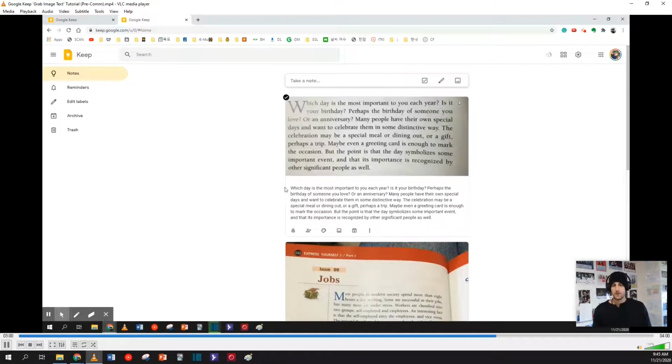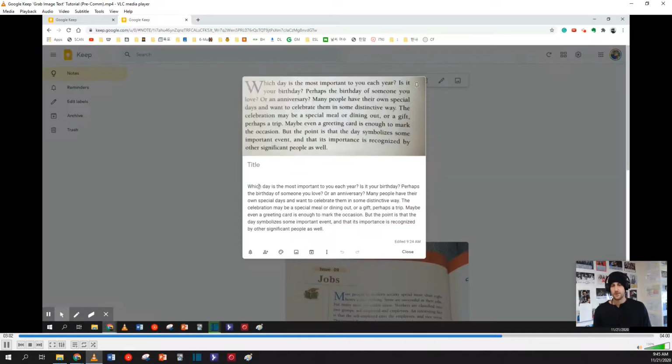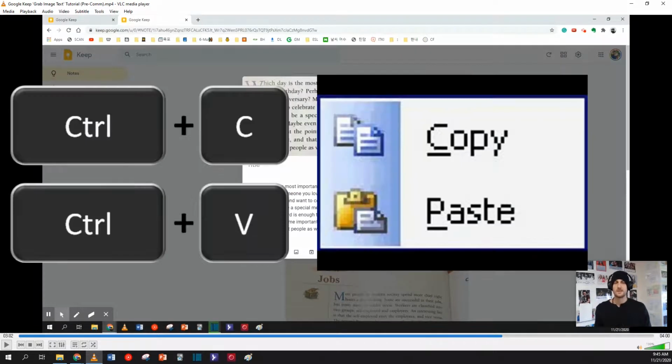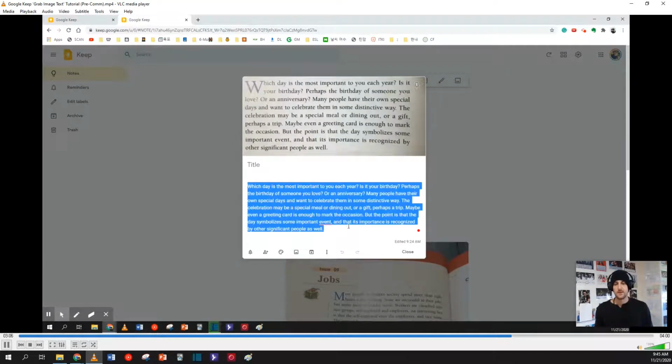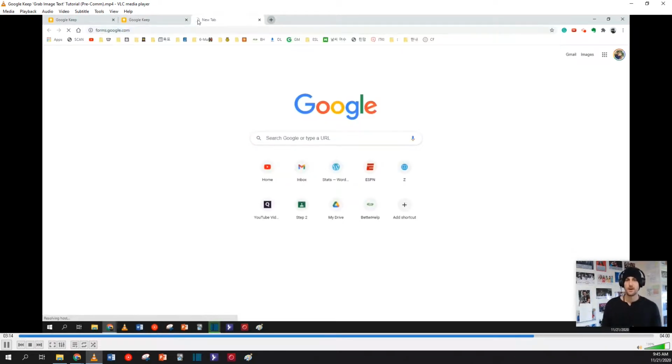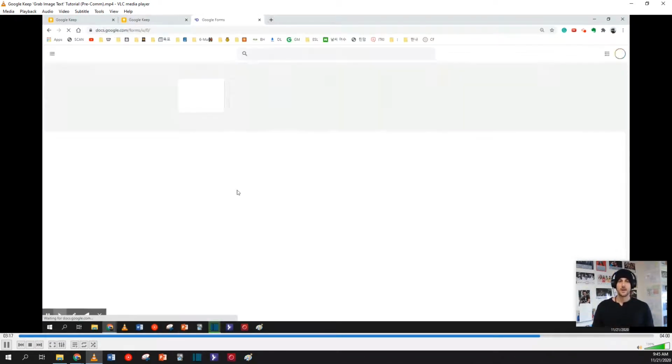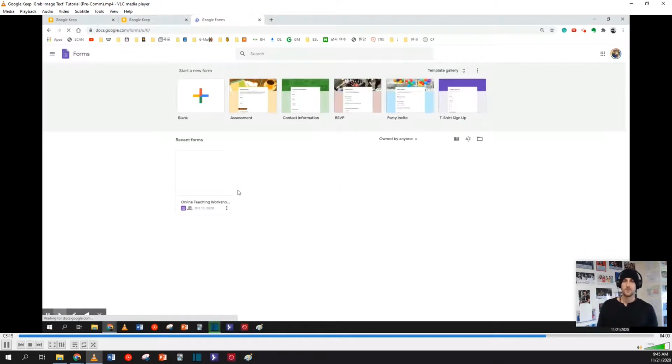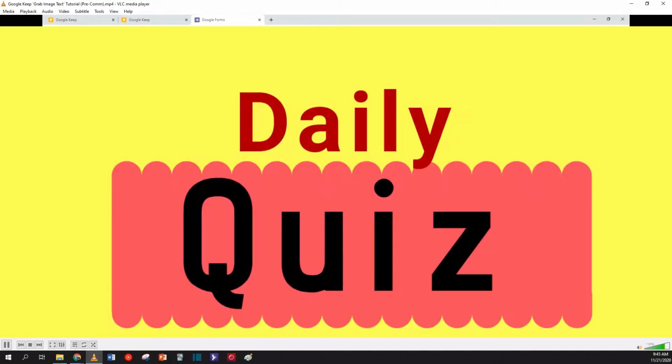And now when I click on this note in Google Keep, I can copy this text and I can paste it other places, and it is the same words from my paper textbook. So let's copy this text right here and let's make a Google Forms quiz, something that we can share with students so they can do some better self-directed reading. So they can self-study, perhaps with a translation tool, or perhaps we can give them quiz questions related to the